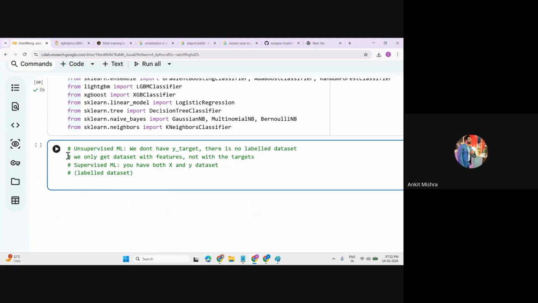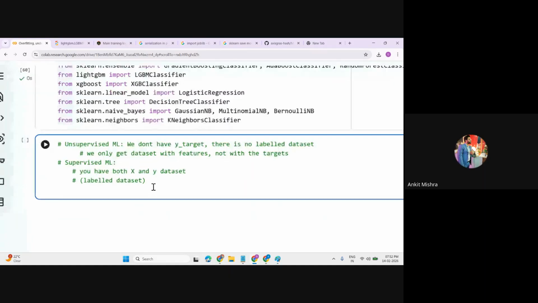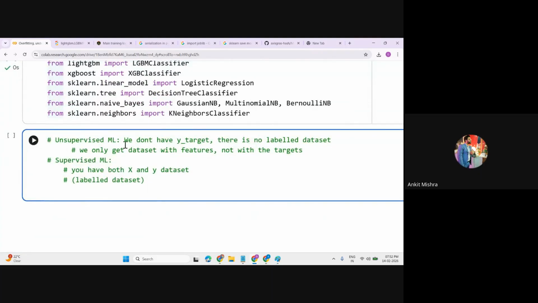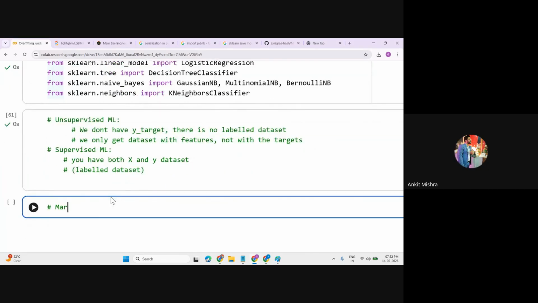So you can simply understand one thing. If you are getting any data set that doesn't contain any target, that generally falls under unsupervised machine learning. But if you're getting a data set that has both features and the target, you can refer to that as supervised machine learning. In most scenarios, you will work on supervised machine learning. But we have some different scenarios as well where we generally use unsupervised machine learning, like the market